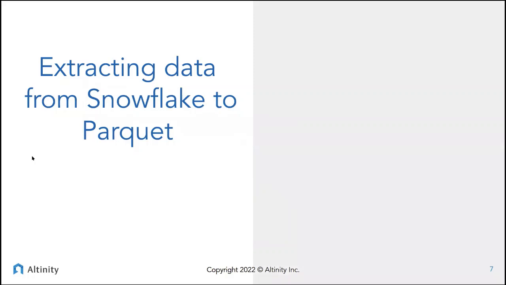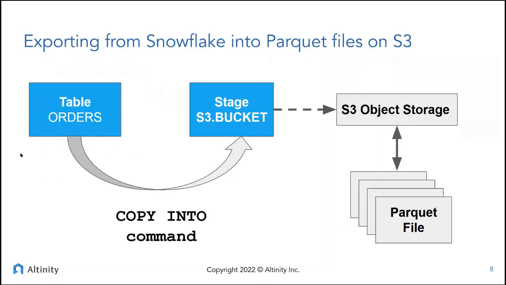So let's get going on the first step, which is to get the data out of Snowflake and into Parquet files in S3. This is actually pretty easy. Here's the process. We're going to take a table called orders, which is a TPCH table that's included in the sample data set. If you're running a Snowflake account that was started anytime in the last 2, 3, 4 years, you should have this table just available.